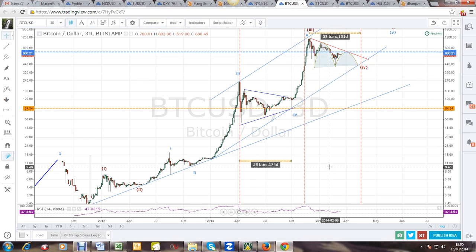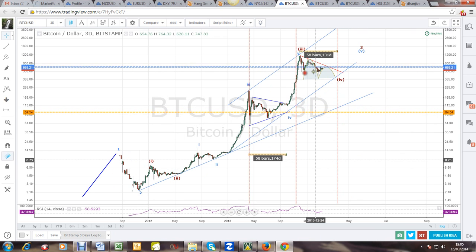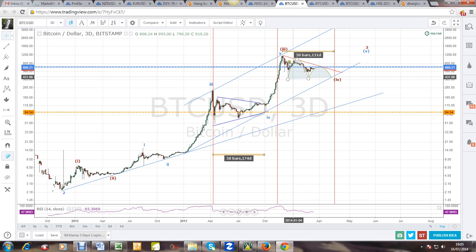However, if we are wrong, then what we might find is, if the symmetrical triangle doesn't play out, that the market has come down and created what looks like a cup and handle potential. It's not formed yet, but the problem is that once we had the high here and this low, we went above